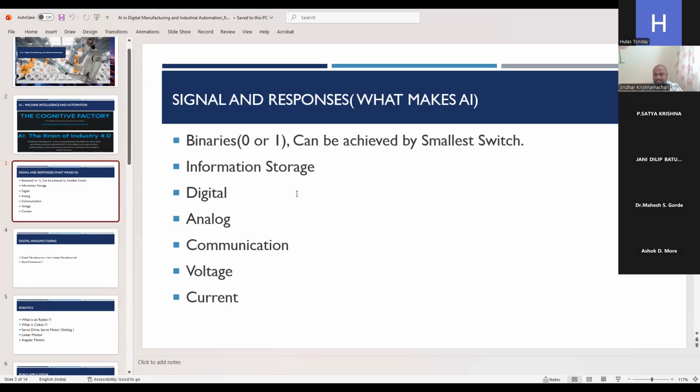I think the size of a drum, 200 liters. It is almost the size of a room, almost 4 meters by 4 meters. And at that time, the cost was also around 80,000 USD, in 1985. Compared to that memory storage device, now we are the richest people. We have crores and crores in our pockets, compared to 1985.